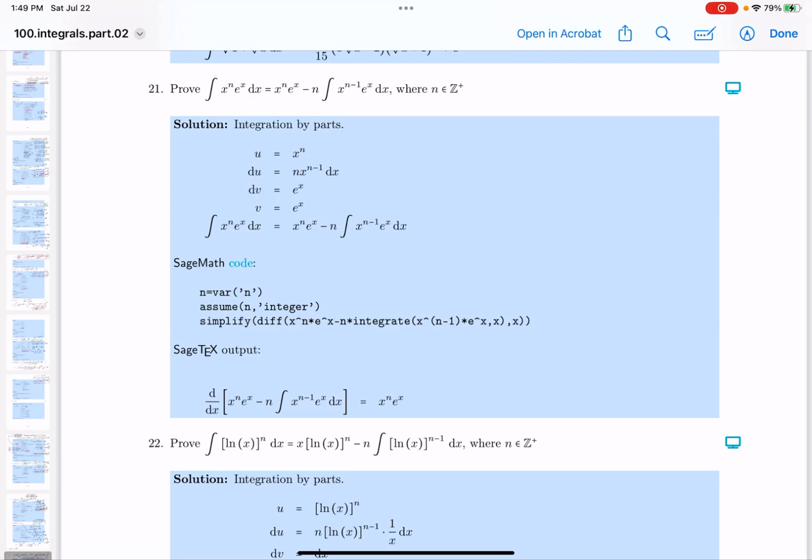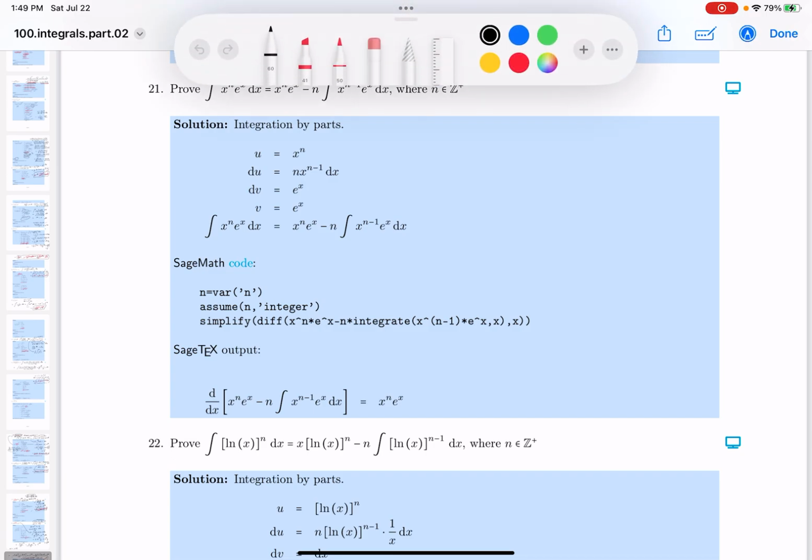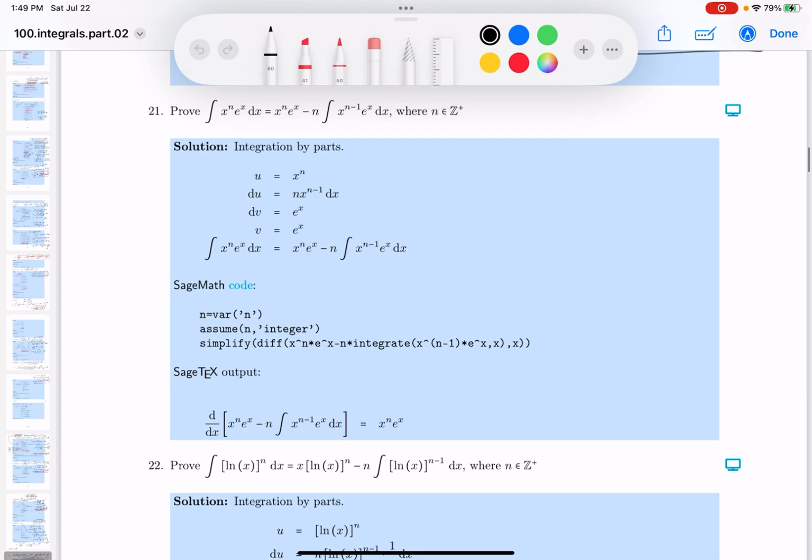Okay, for 21, if this is an exam question, I'd look at this and say, they want me to prove this. They're actually giving me a very good hint that this was done by integration by parts, right? Yeah, and again, you might make mistakes, but you can always erase what you've written down and say, I'll try again. So I'm going to say, kind of looking at it, it looks like the u